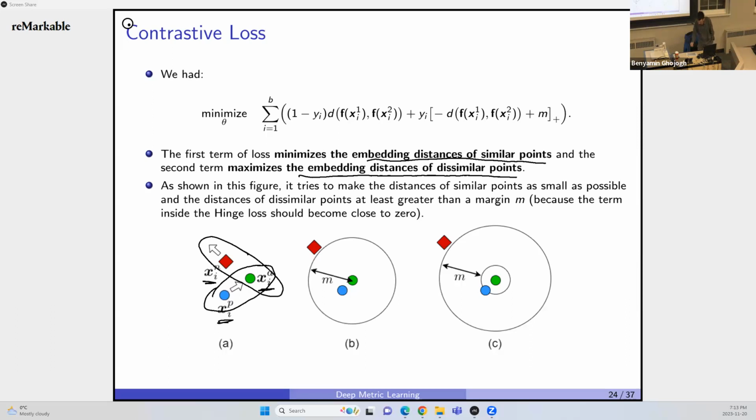So basically, this figure B is a contrastive loss. As you see, anchor and positive become very close to each other, or maybe they fall on each other. But anchor and negative, they will have the distance M. And the moment that this distance becomes M or larger than M, then this becomes 0. Right? Now let's talk about